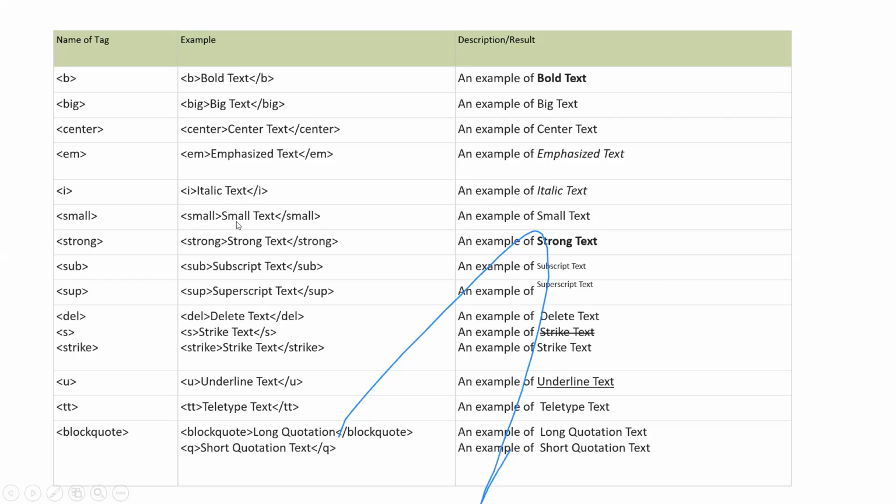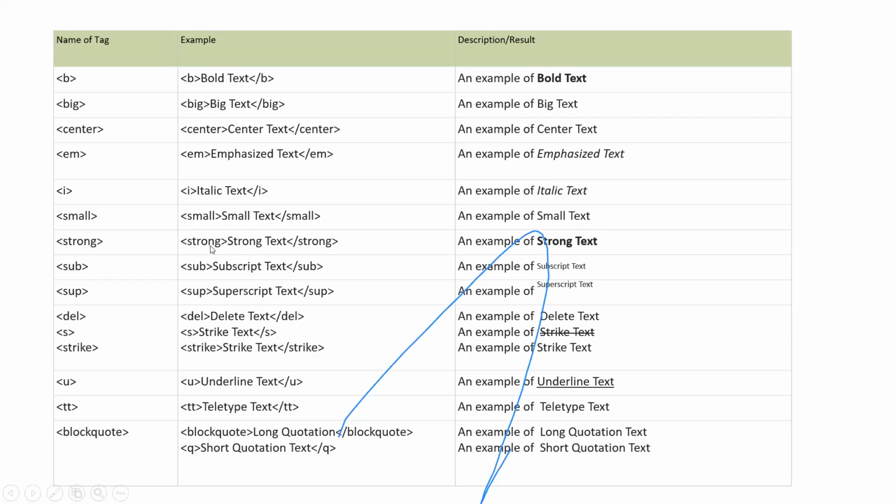In that way, this will be helpful. Next, strong. Whenever you want to specify a particular piece of information in the paragraph as very important, you can use this tag between the text.